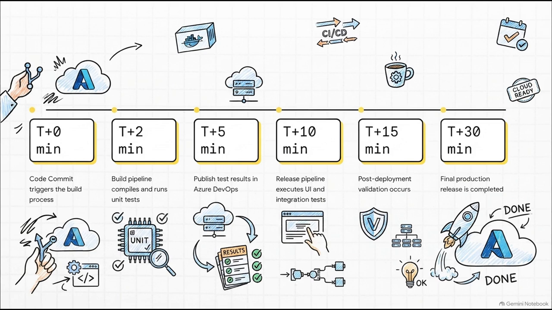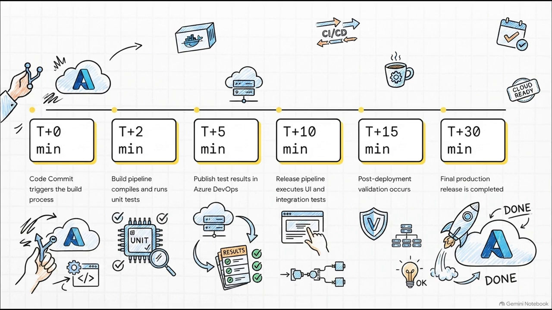The very second code is committed, it kicks off the build pipeline. This is where your unit tests jump in to verify individual components, and those test results are published immediately. Then, moving into the release pipeline, things expand. You've got broader integration and UI tests simulating real-world user actions. And finally, you run those post-deployment validations just to be absolutely 100% certain that everything is stable before the final